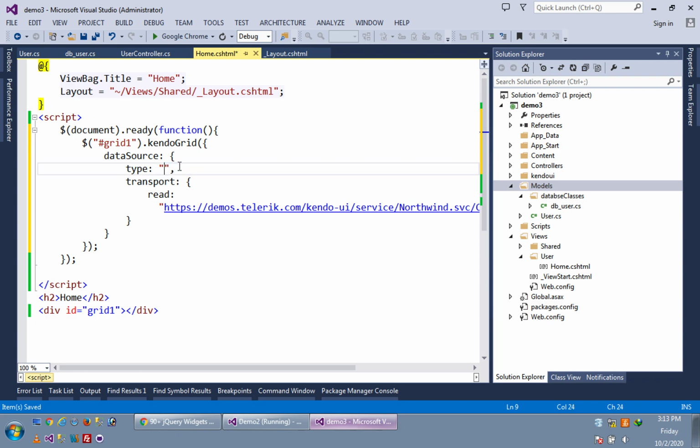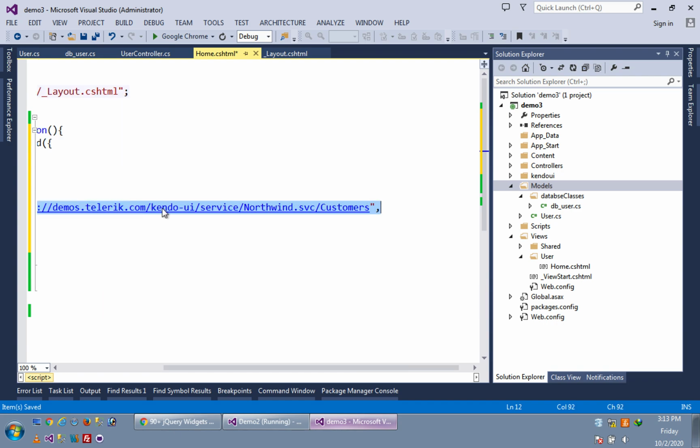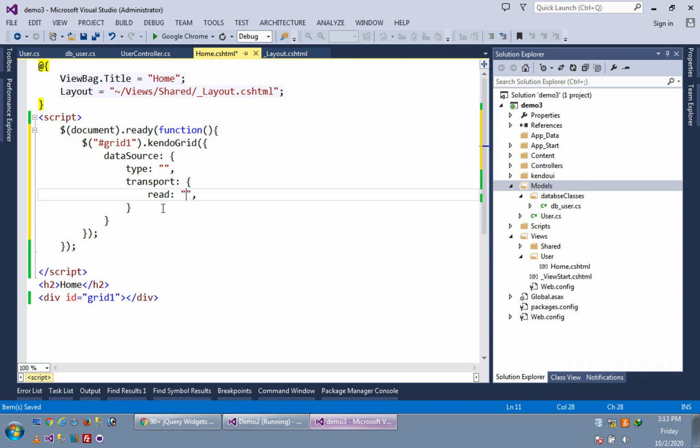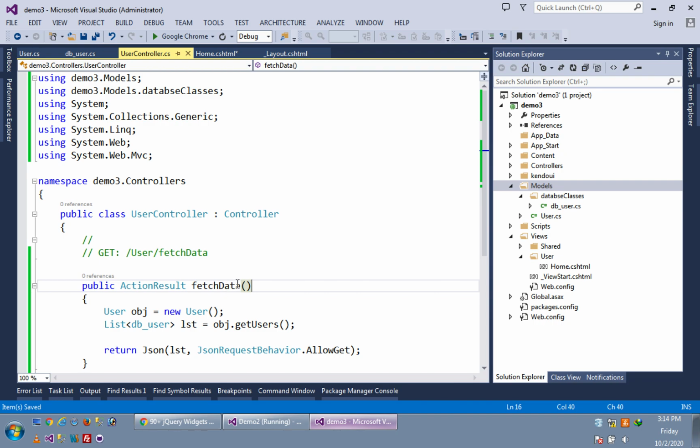Now what we are reading is here. I am removing all the URL of Kendo UI, and I am pasting here our URL, that is /User/FetchData. That's it. Let me check. FetchData, yeah, perfect.